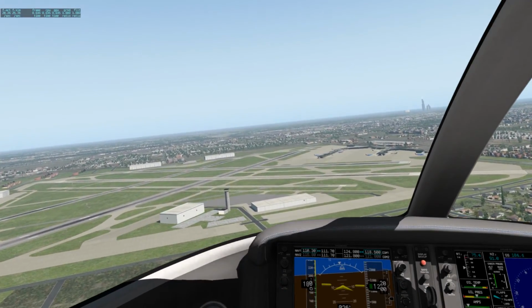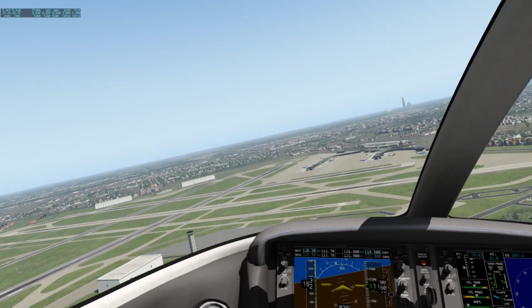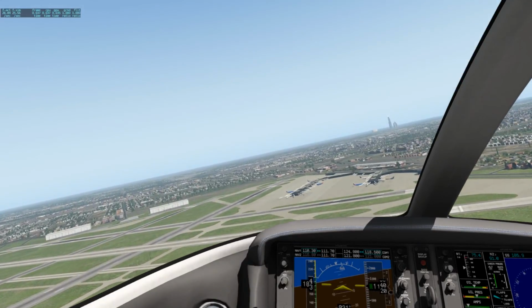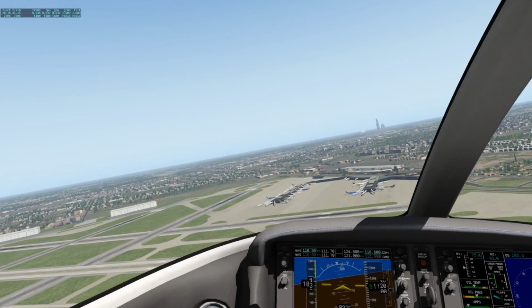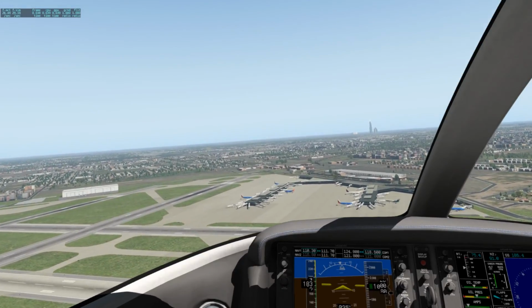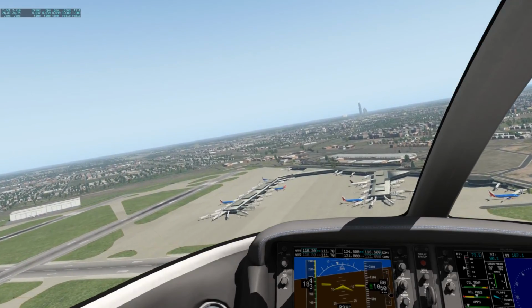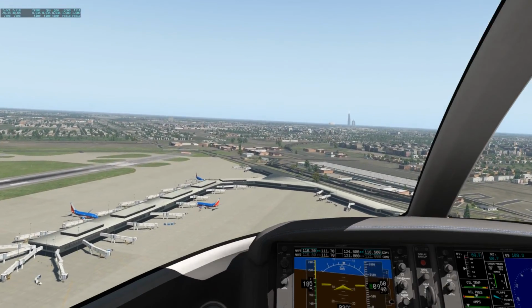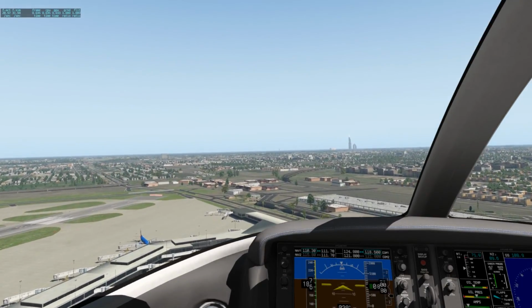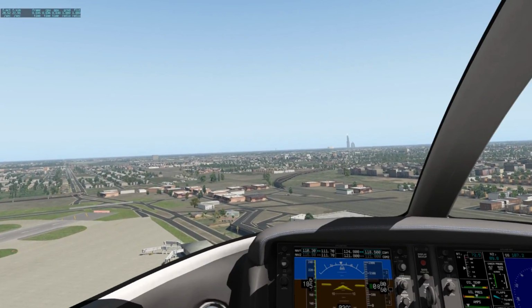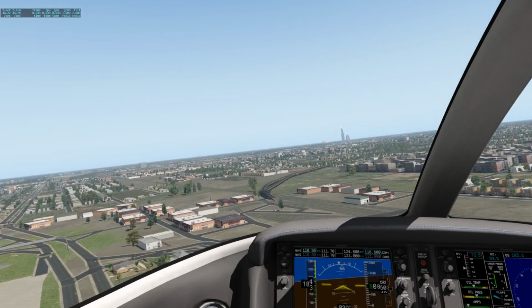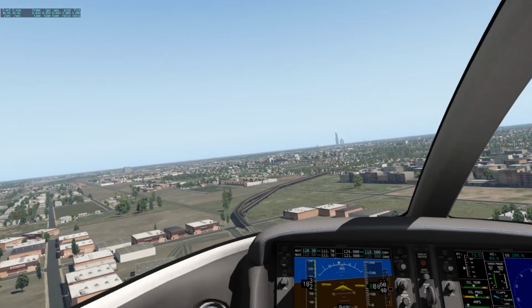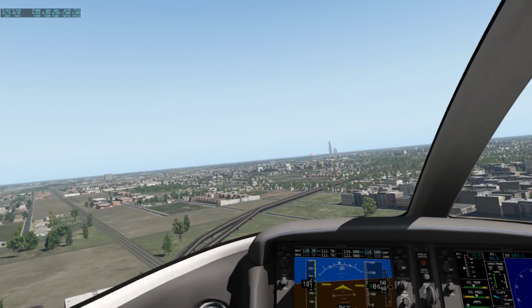Alright, so you've got the tower there. You did see some AI traffic. You just kind of saw that guy there taking off to the left. We'll back off a little bit. So this is what the terminal looks like, and this is alert. We got that traffic alert. And then also, as you noticed,